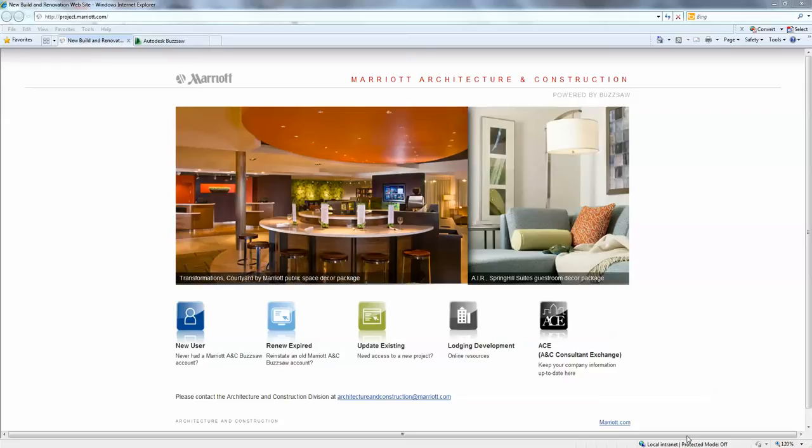So a good place to start is why we even have Buzzsaw. The reason we have Buzzsaw is Marriott needed to come up with a way to share design standards and collaborate on projects that you didn't have to be a Marriott associate to be able to access. So Buzzsaw was the solution that we came up with for this,